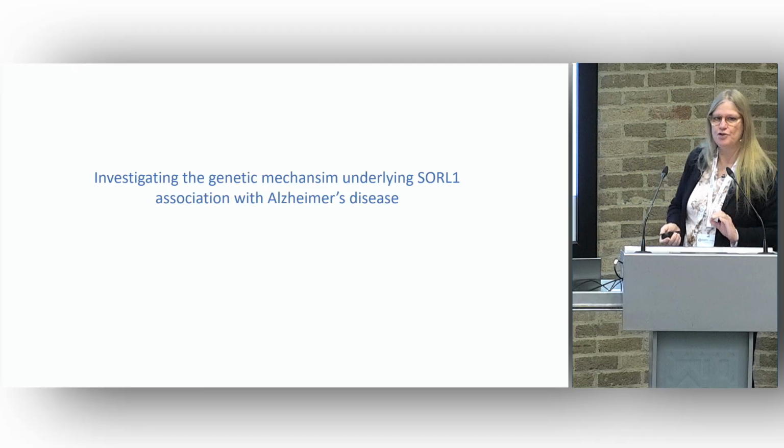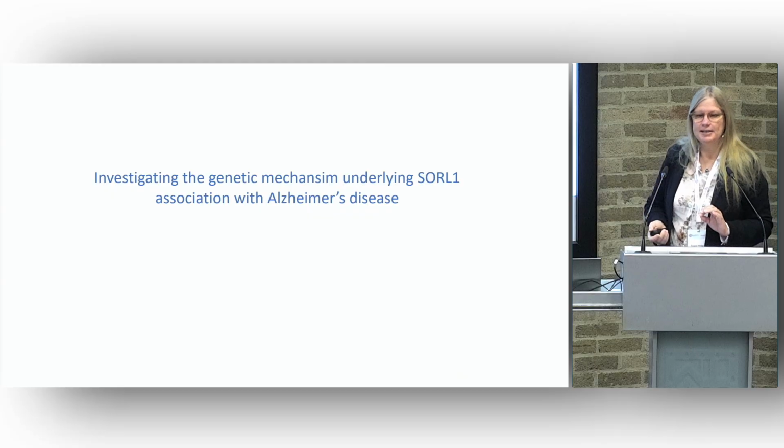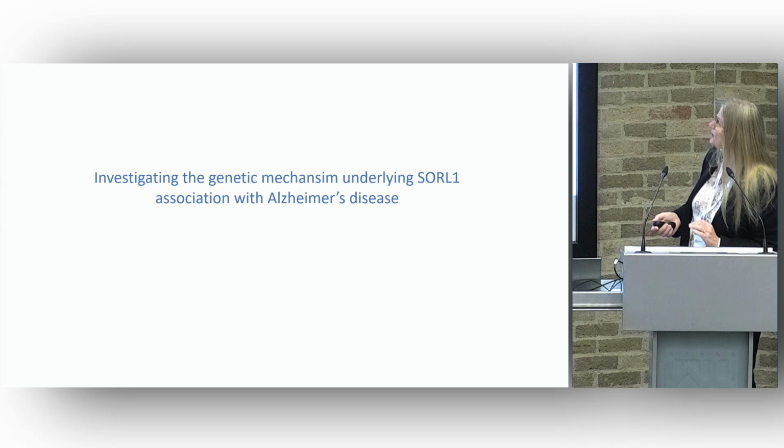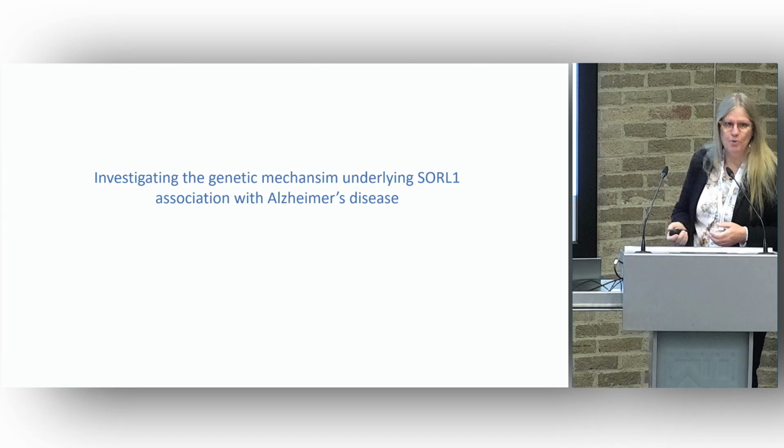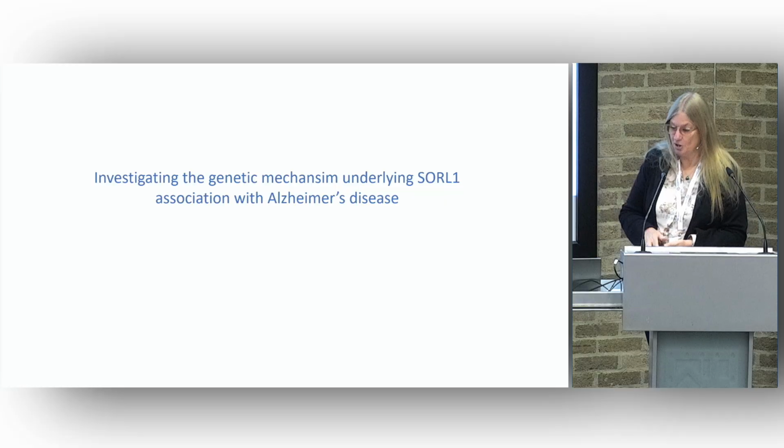And so you'll notice over reading the GWAS studies that some of the variants have been assigned to different genes over the years, even if it's the same variant. So investigating the genetic mechanisms can be quite challenging,